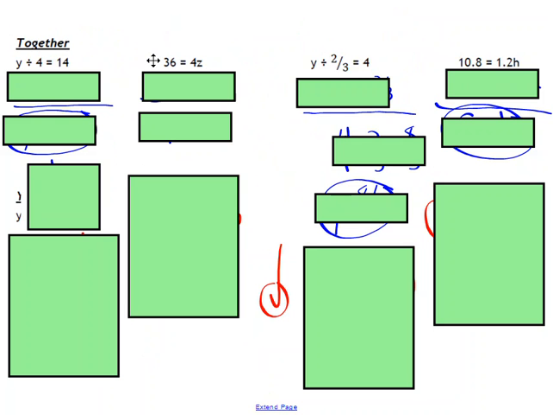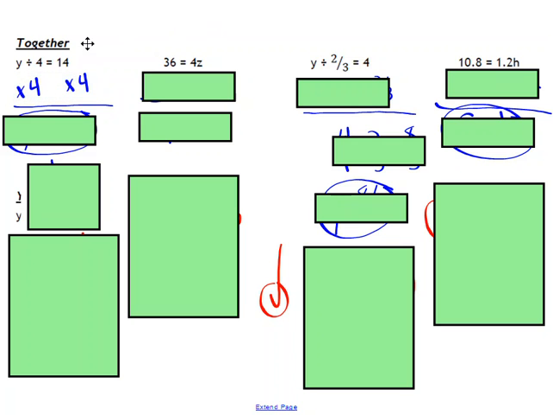All right, let's look at a few more together, because the last ones were all addition and subtraction. Well, now let's talk about multiplication and division. Again, those are also inverse operations. So if we start with this first one, y divided by 4 equals 14. Well, what's the opposite of dividing by 4? That will be the first thing we want to do, and you are right, that is multiplying both sides by